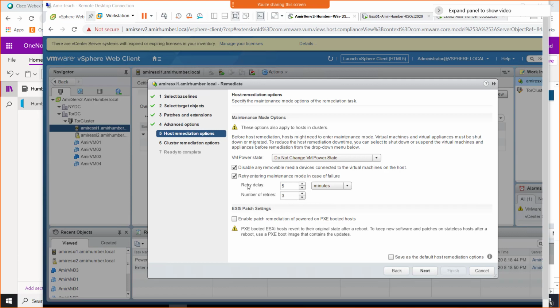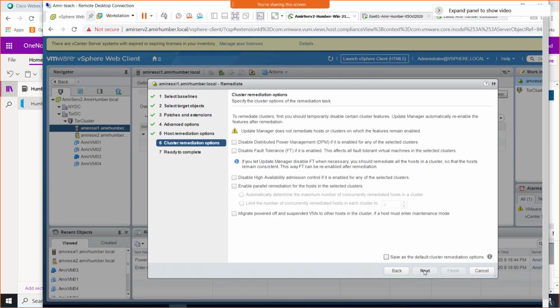Hey guys, I've just selected on this page, disable any removable media devices, this one only, and I click next. And there's a page with bigger options. First one, it's saying disable distributed power management. DPM we discussed already. It saves the hydro bill or electricity bill of the company by shutting down the hosts at night and turning them on in the morning.